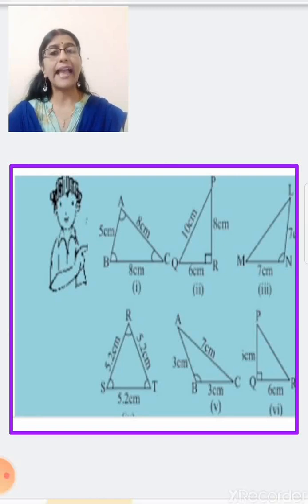Now we will see the angles. Angles you can see, you can make out that all the angles are less than 90 degrees. So what kind of triangle is it? If you see the sides, it is isosceles, and if you see the angles, acute angled. So you will name it as an acute angled isosceles triangle.